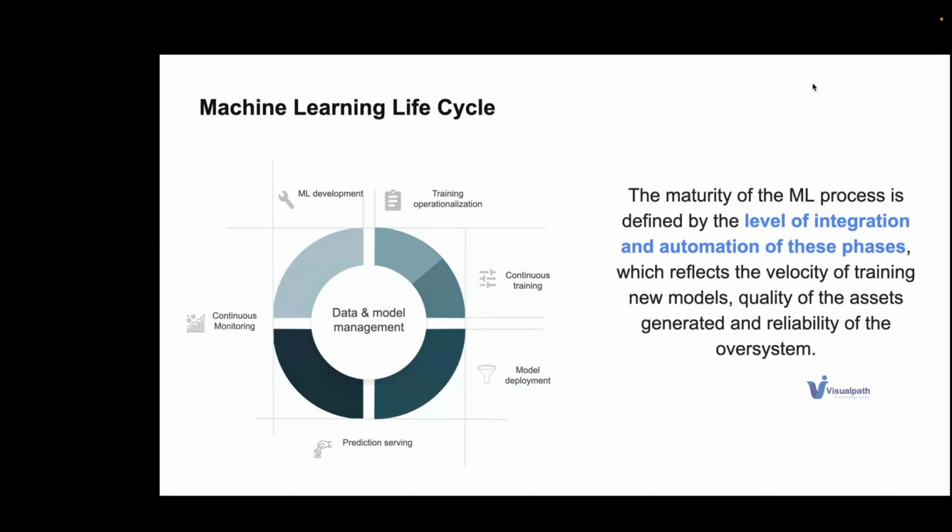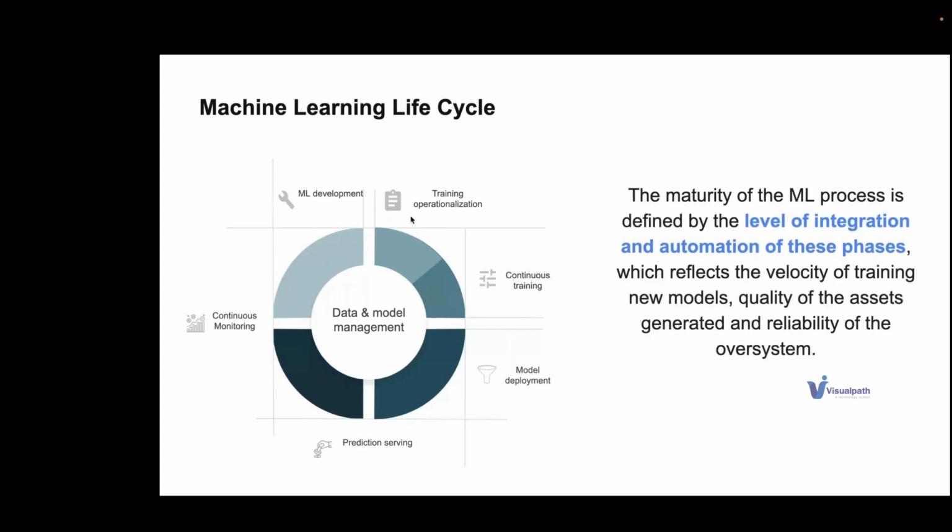So this is the ML life cycle, what we were talking about so far. Now we have the picture of what an ML life cycle consists of and what we need. So the MLOps work is to tie all of these pieces into a pipeline, or set it into automation. So the first thing is ML development, where, in the example I told you, in a notebook a data scientist will write code for an ML model, and then save the model into a GCS bucket or any other bucket for that matter.